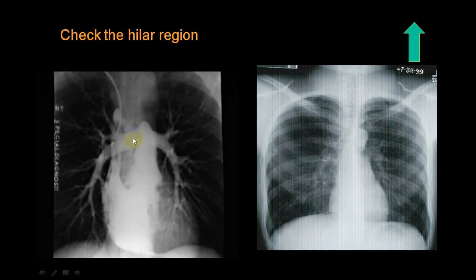Now these are the vascular markings. This is the right pulmonary artery going to the lower lobe. This is the upper lobe. So you can see the branches very clearly. And this will be the right atrium. This is the pulmonary artery, main pulmonary artery. Now this is seen in an angiography. You can see a catheter here, the dye is injected and you can see this clearly. And this is a right hilum, this is a left hilum.